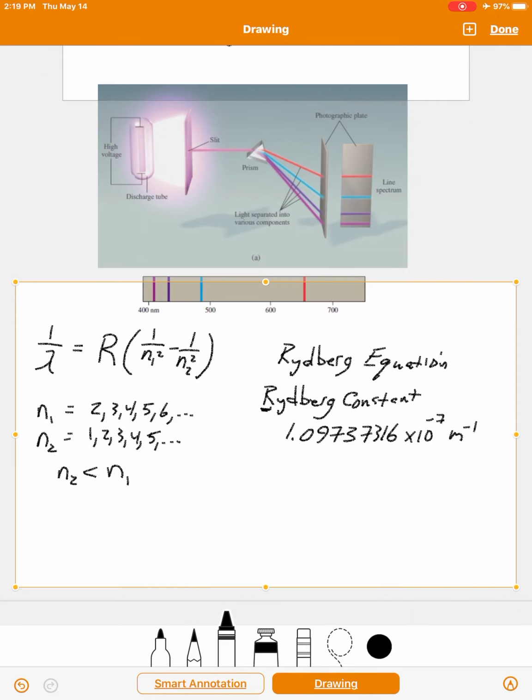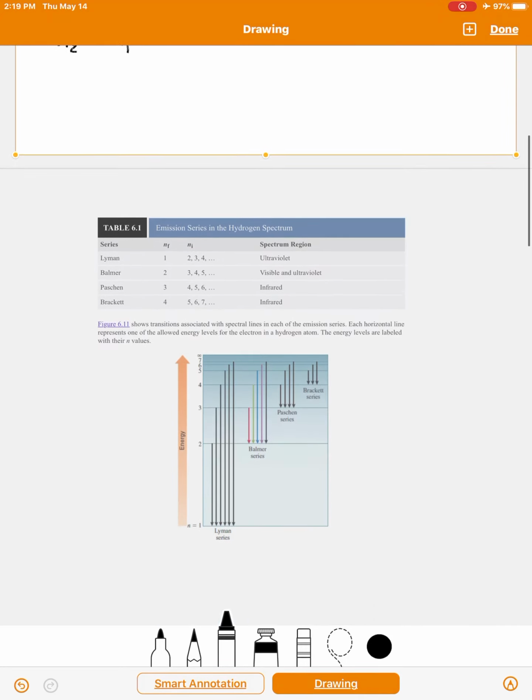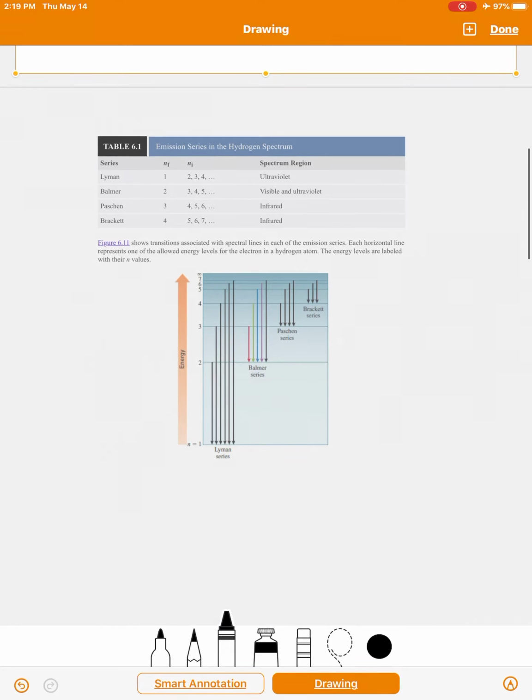And it turns out he was able to match these up, and the results of this are shown here in table 6.1. The Lyman series is the case where n1 is equal to 2 or 3 or 4, and n2, or n final, is equal to 1. You'll see different subscripts used for these types of analyses. The Balmer series, that's the one in the visible, that's where n1 might be 3 or 4 or 5, but n2 would be 2. The Paschen series, n1 would be 4, 5, or 6, but n2 or n final would be 3, and so